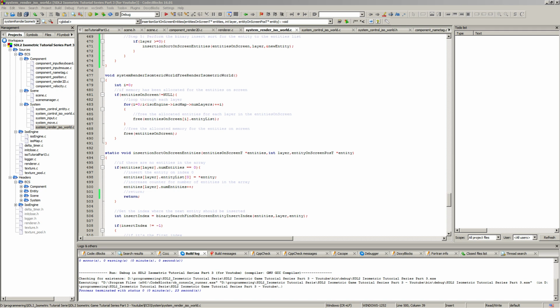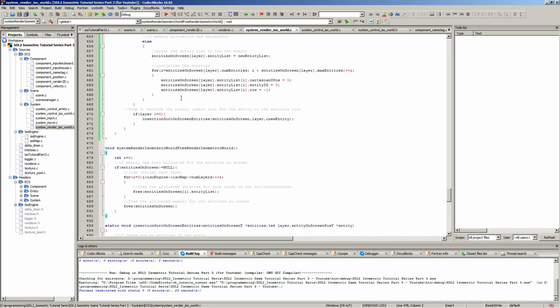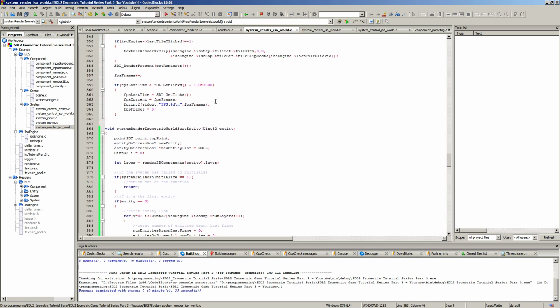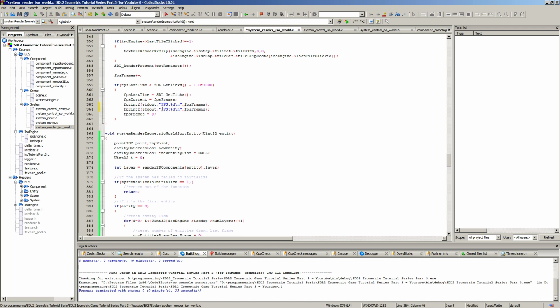I'm gonna have a look in my code quickly to remember where we are drawing, where we are putting that on the screen. Yeah, here we are. Should just do it here at the end of here. It's a good place. And we can say that we drew